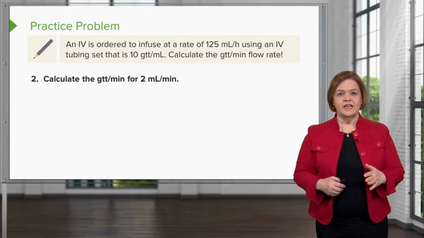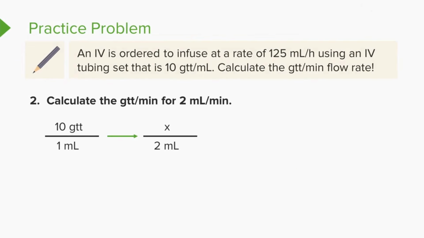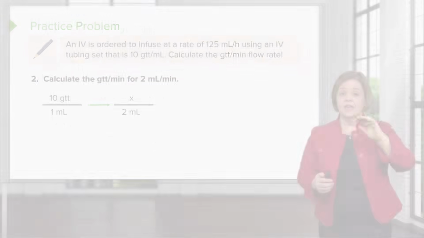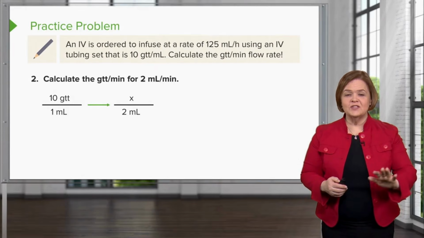Next step, let's calculate the drops per minute in order to get 2 milliliters in every minute. Well, we know there are 10 drops in every milliliter, right? That's what the tubing set tells us. It takes 10 drops, 1, 2, 3, 4, 5, 6, 7, 8, 9, 10, to equal 1 milliliter. So if I know 10 drops in 1 milliliter, I need to know how many drops are in 2 milliliters. Hey, even if you can already do the math in your head, don't,